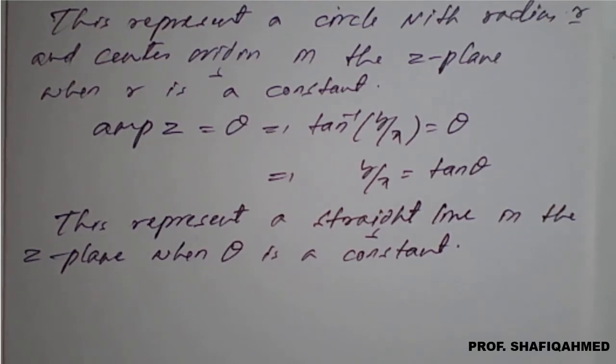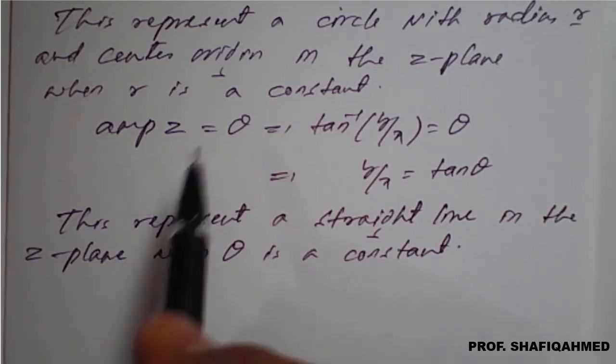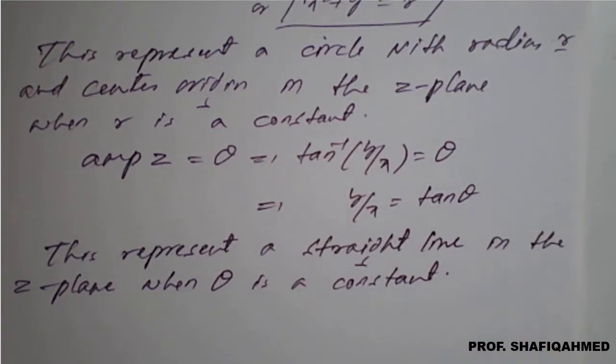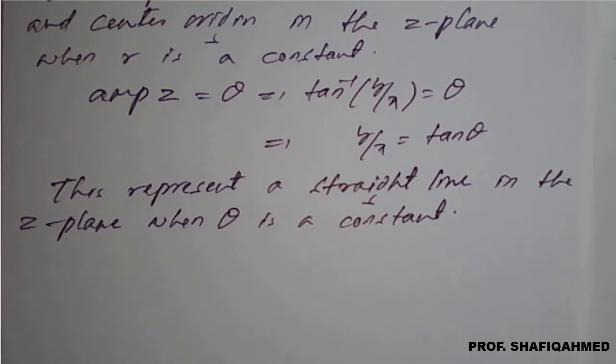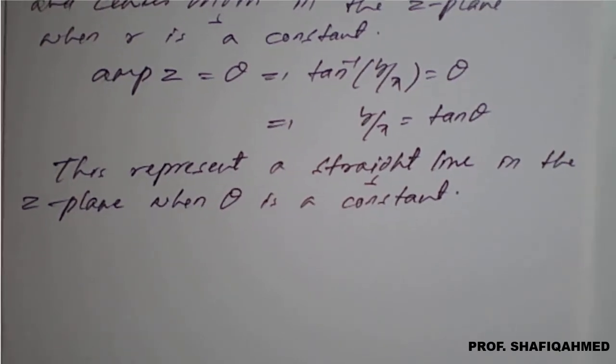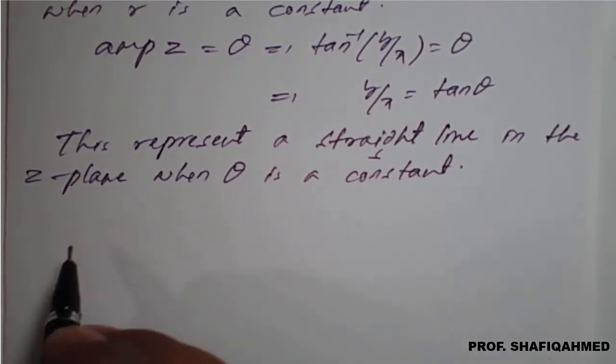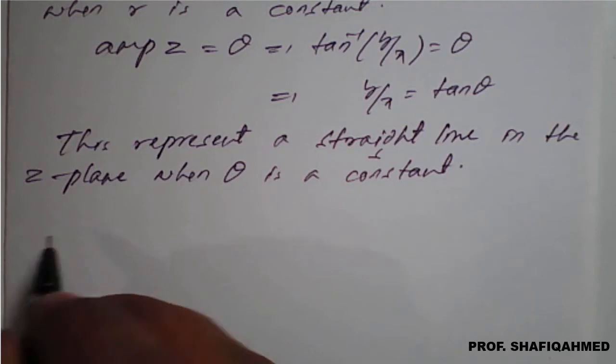So now we shall discuss the image in the omega plane, that is the w plane, corresponding to r is constant, which is a circle, and theta is a constant, which is nothing but a straight line. So circle is converting to what, and theta, that is a straight line, is converting to what in the w plane, that is the omega plane? Let's see here now. So case number 1,